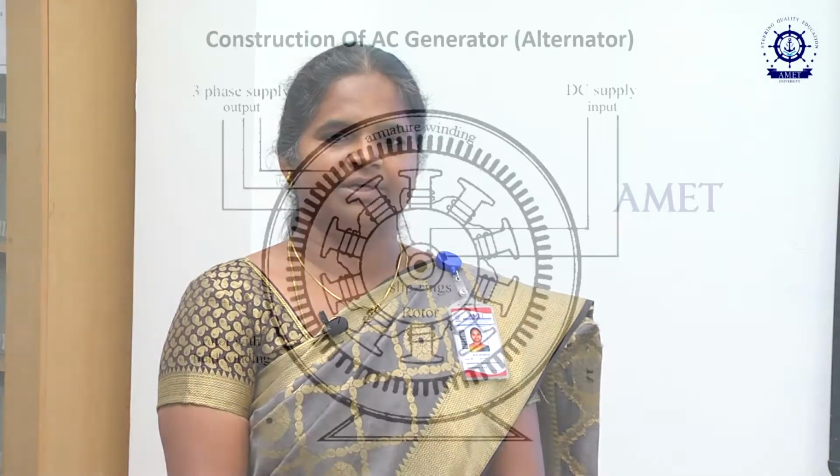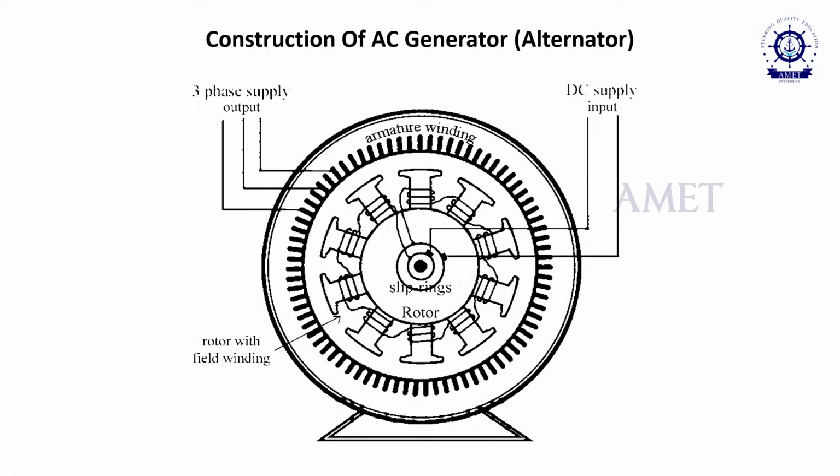Now I am going to discuss the power generation system for onboard ships, from Marine Electrical Technology 1. In the power generation system, we can have two types of electrical supply, DC supply and AC supply. Usually the DC supply will be generated by the DC generator, and AC supply will be generated by the AC generator or alternator, which is used in shipboard.